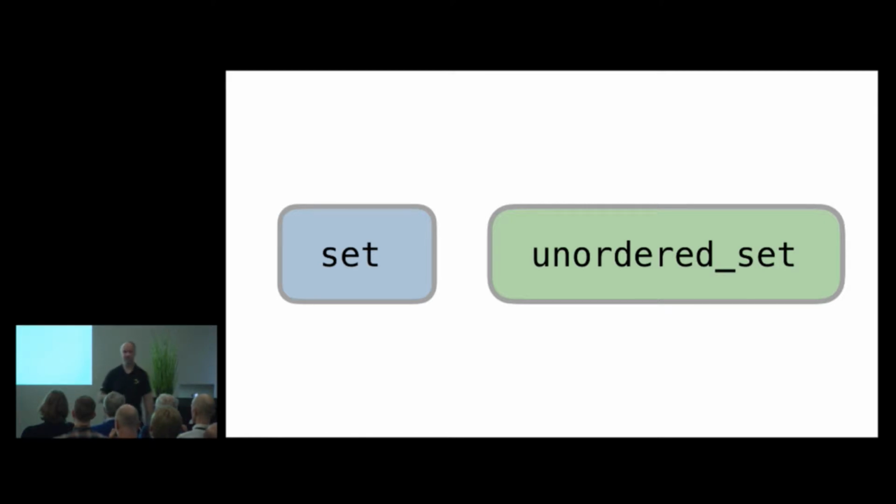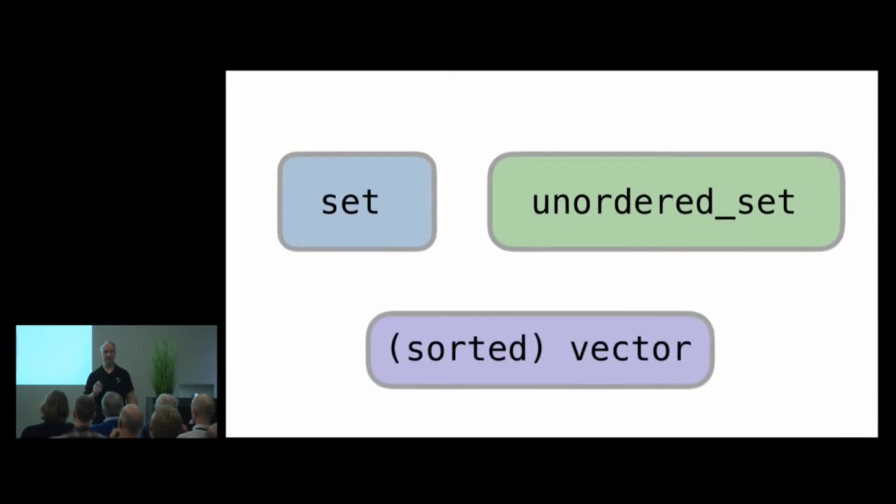Before we get on to what the differences actually are, just an honorary mention to the good old sorted vector. It's not strictly a standard library associative container, but it can be used as one. And in many applications, it's still a really good choice, particularly compared to a standard set. It gives you the binary search, but with better cache locality and less fragmentation. So we don't want to rule it out, but for our purposes today, I'm not really going to consider this, although we may touch on it a little bit more later.